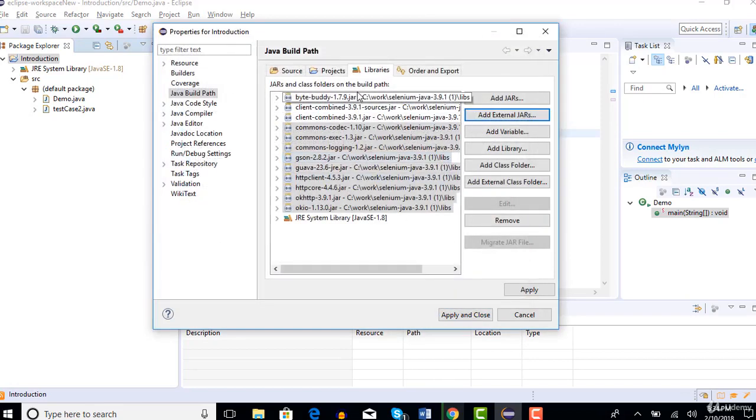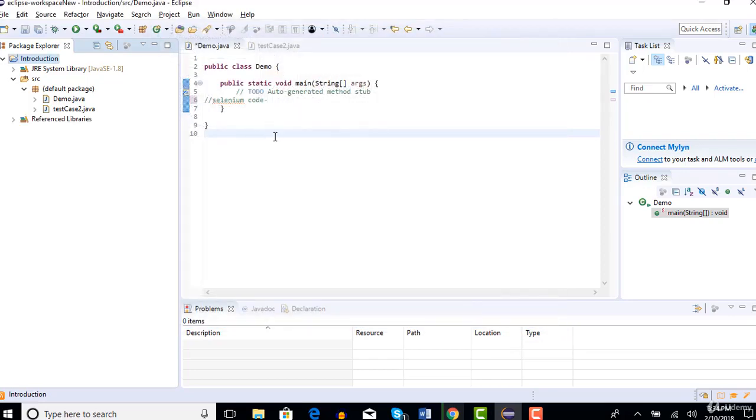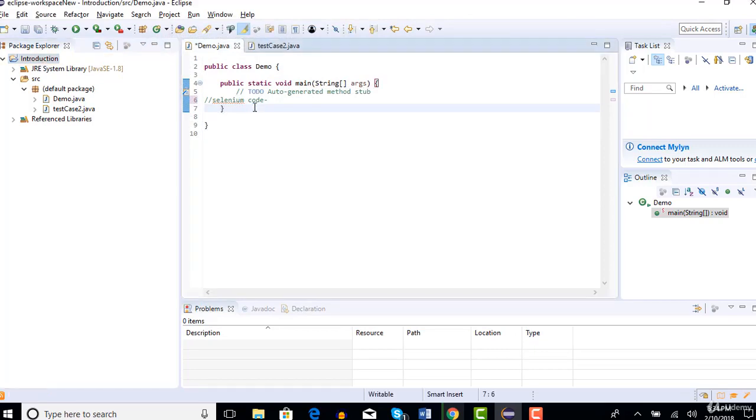Once you have imported each and every jar, select Apply and Close so that these jars' knowledge has been given to this project. So now whatever you write, this project identifies, executes and automates your test case, because now this complete introduction project is packed with Selenium knowledge.